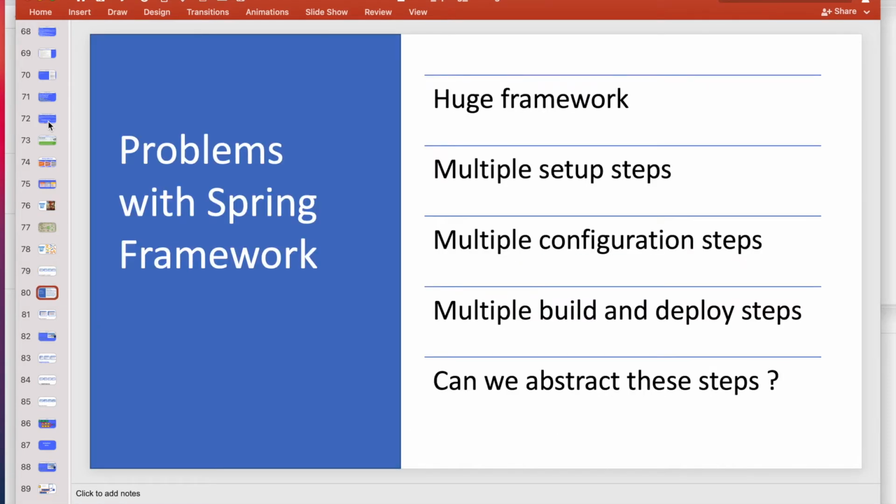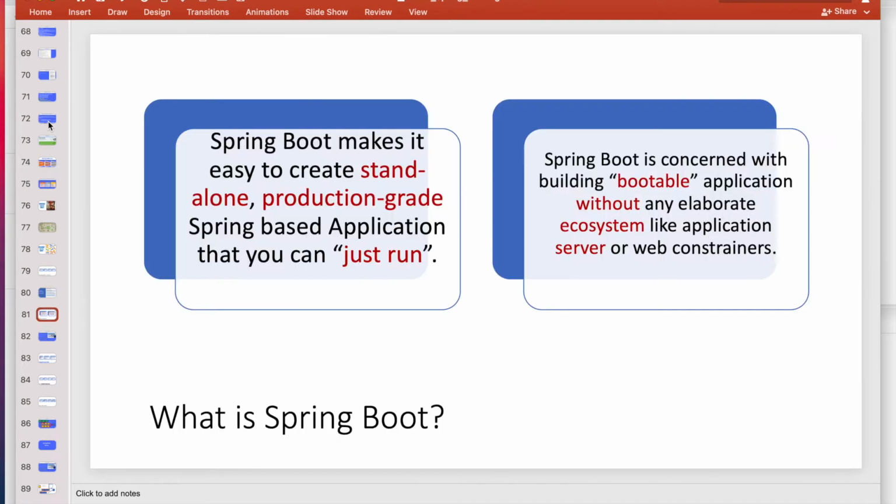Now problems also come with the Spring Framework because it is huge. You have to do multiple setups, multiple configurations, and take care of version dependencies. That's why Spring Boot came to the market to make life easy for developers.